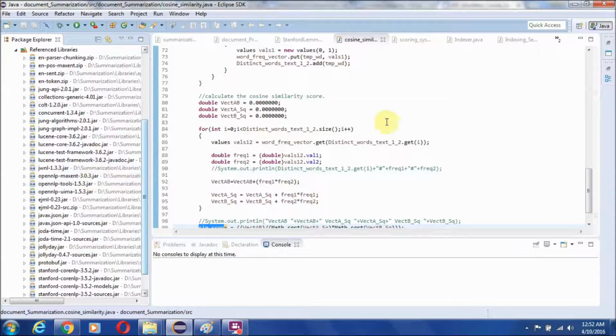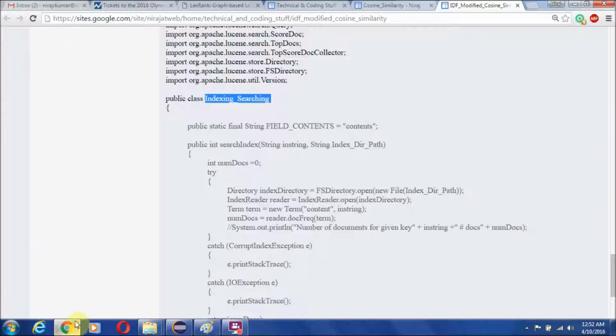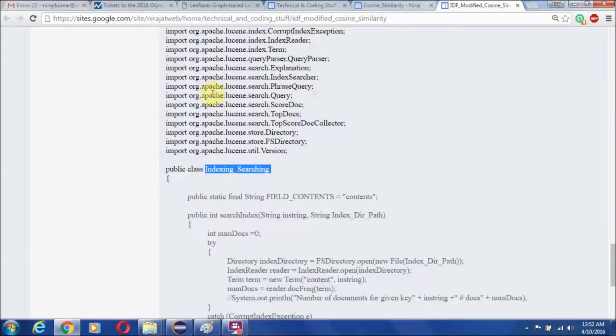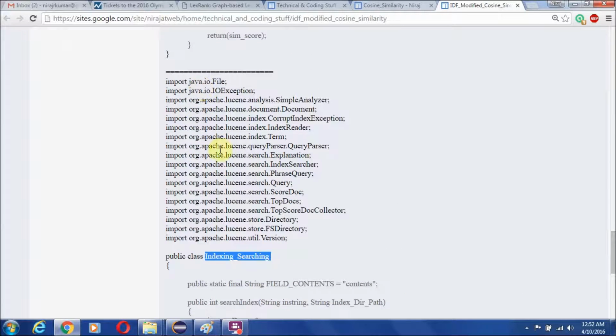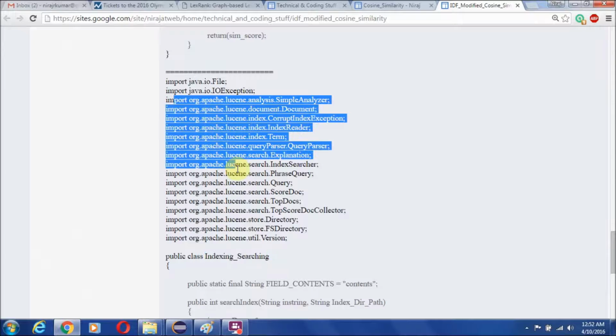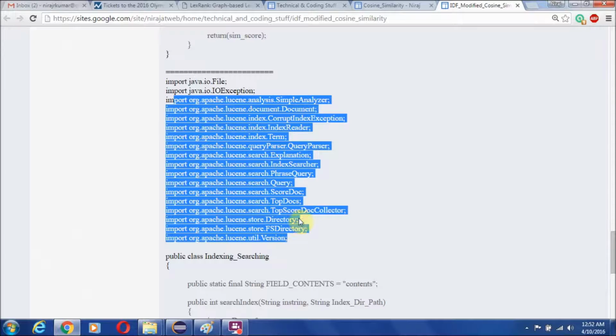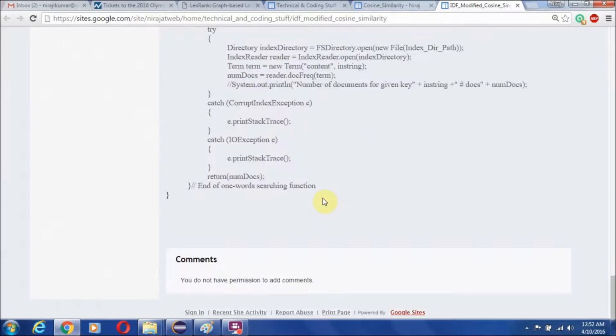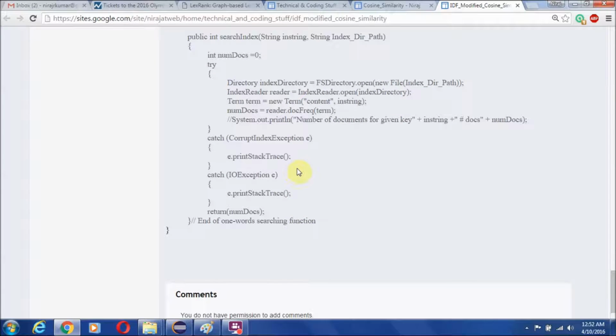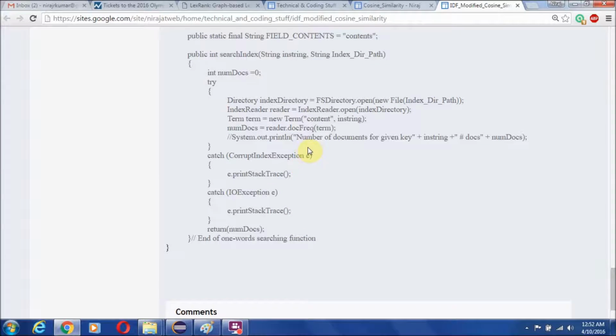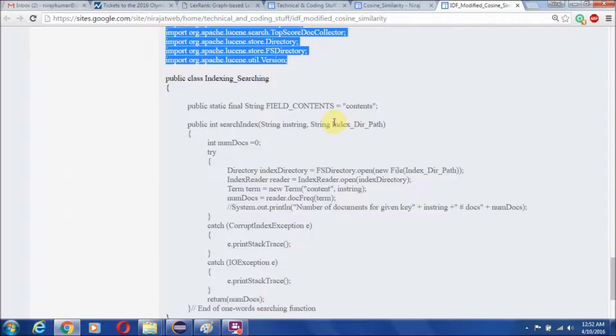We have used this Lucene indexing and call these class functions here related to Lucene indexing. And this will return the count of documents which contains a particular word.